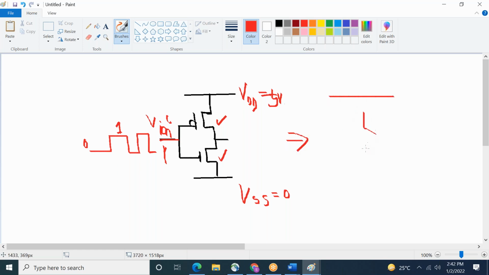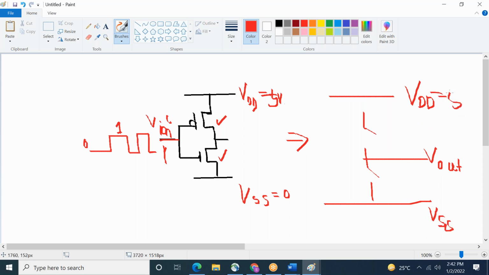Like two switches, initially let's assume this is open. I'm just taking the ideal case. Otherwise you'll get VDD minus VT, some voltage. So when you give 0, this switch will be on.